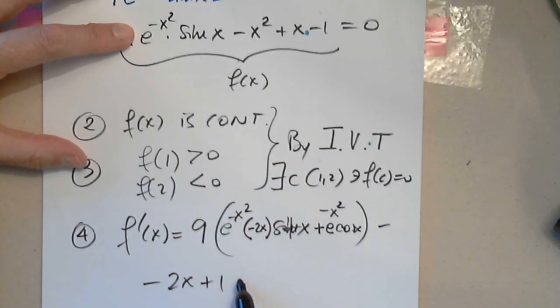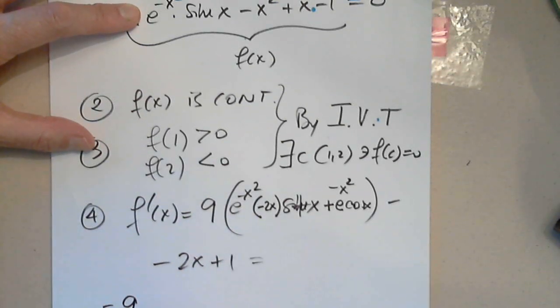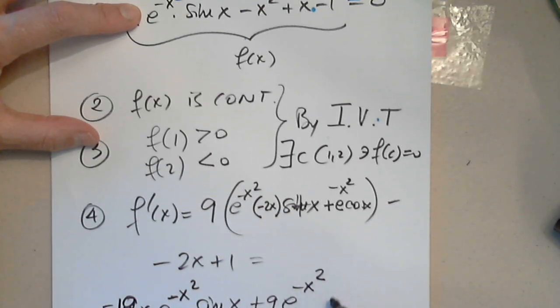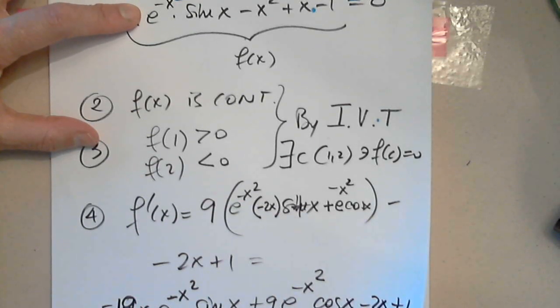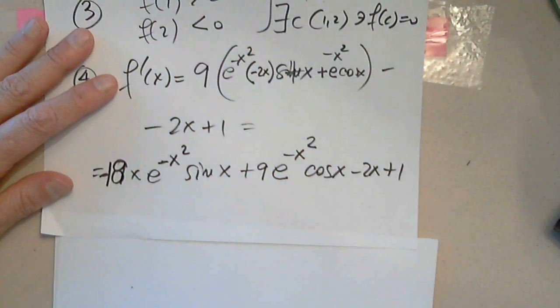I'm going to rewrite it because it's not clear. And now I'm going to distribute negative 18x. Negative 18x e to negative x squared times sine x plus 9e to negative x squared cosine x minus 2x plus 1. Horrible. But I picked it. I can't blame it on anyone. Okay, so